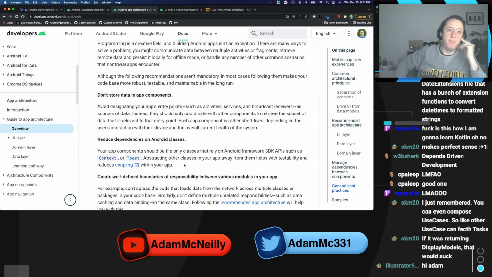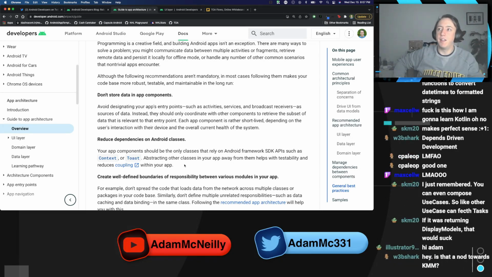Again, this comes up as someone's best practice because nine times out of ten you don't want to reference the system. And I actually think about that. Is this a nod towards multi-platform code? It may be. If you can write code that's not dependent on the Android framework and you're using Kotlin, it's very easy to port that piece of code over to a multi-platform application. It's possible they're nodding to KMM, but if they're not,